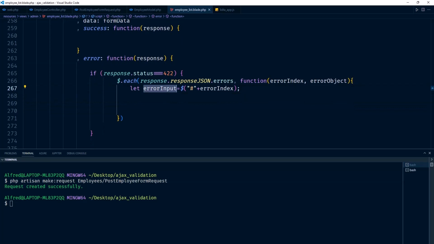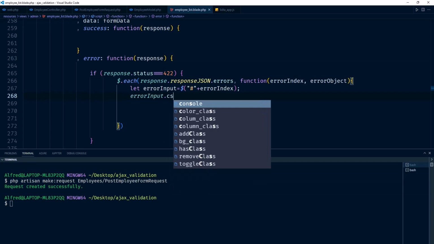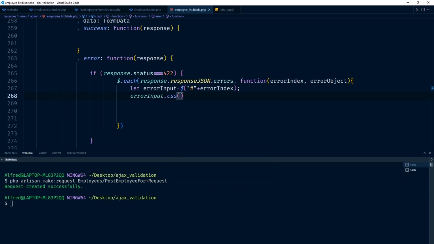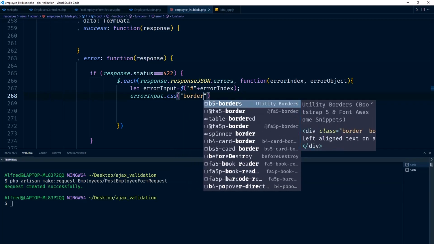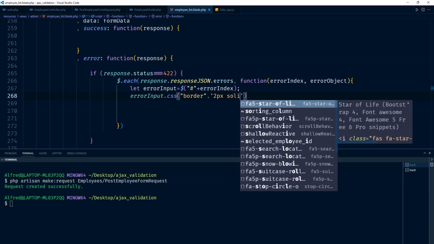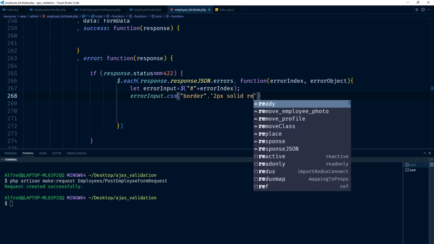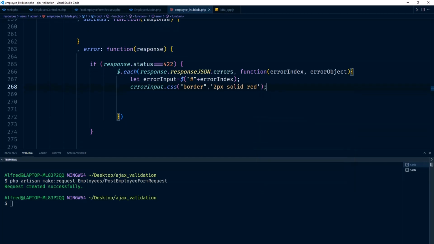And what we can do then, we can take this input, and I'm going to have some CSS on it, and I'm just going to draw a red border on the input in question. So I'm going to have 2 pixels, a solid line around the input, and the color I'm going to put to be red. All right, like that. So this is the input. We know we get the input,